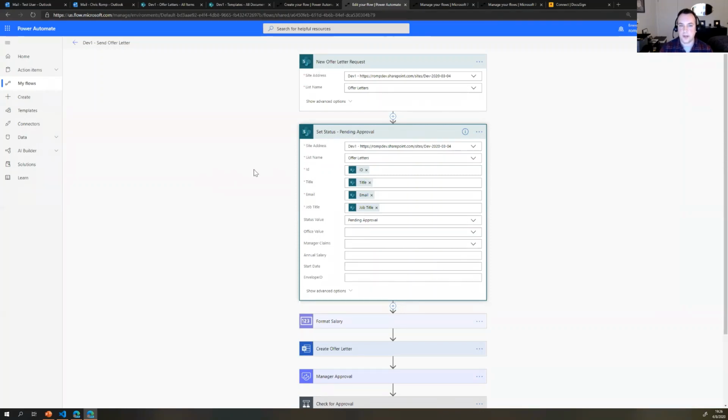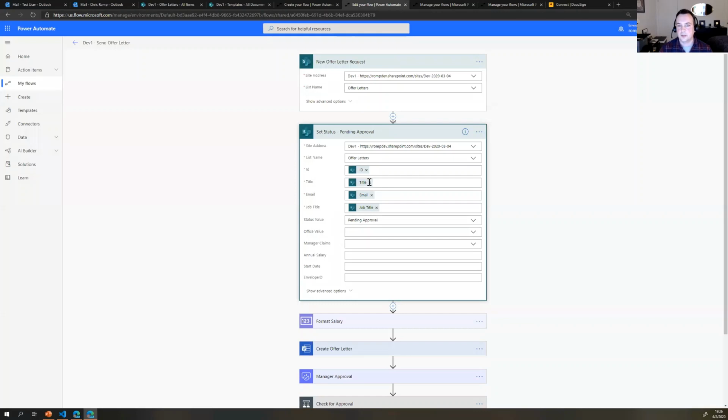Now, when you update a SharePoint list item, all that you need to give the web service behind the scenes is its ID, and then you only need to give it fields that it's changing. There's this quirk with Power Automate where all of the required fields for that list item, it makes you include every single time you update it, which drives me mad, but that's the world we live in. So I had to give it the same properties for title, email, and job title,